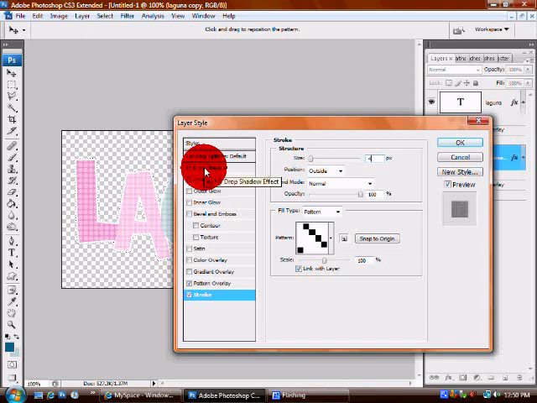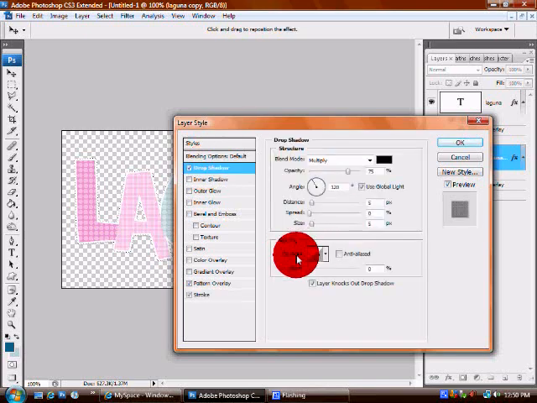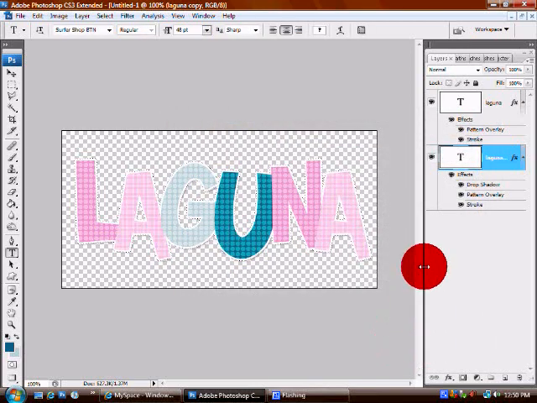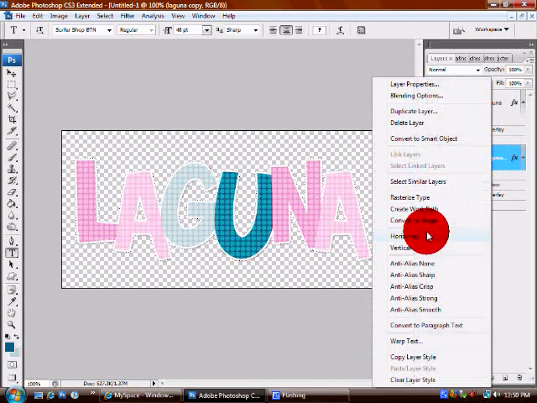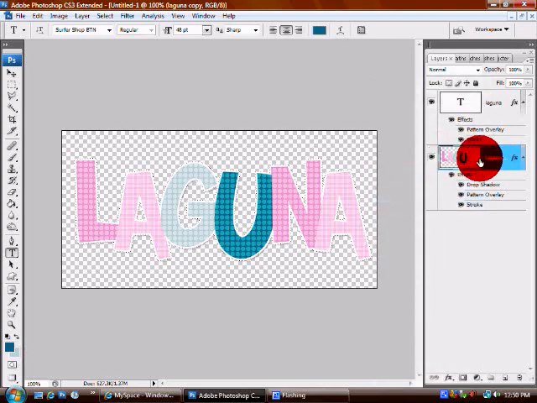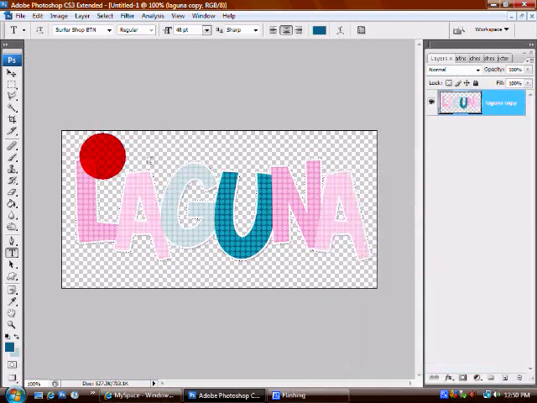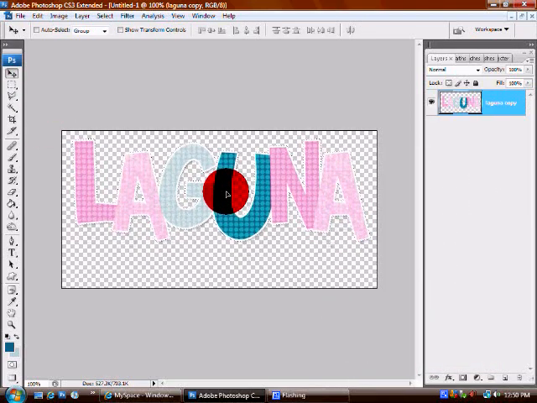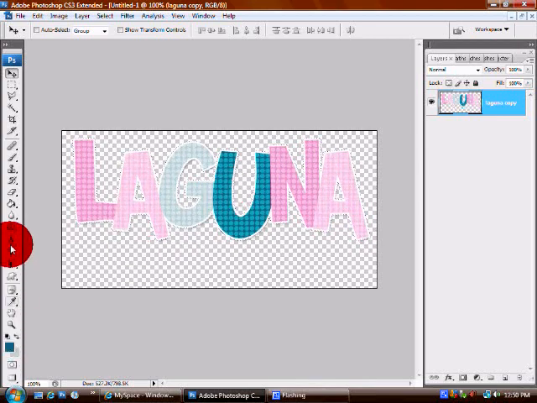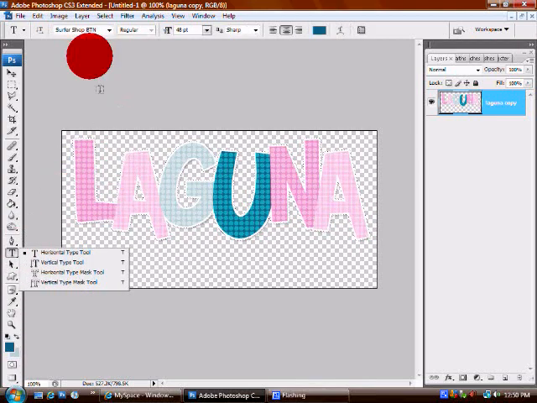And then for the last thing, I'm going to add a drop shadow. I'm just going to click drop shadow, and everything should stay the same. I'm going to click OK. And then I'm going to right click on either one of my layers, and I'm going to click rasterize type, and then I'm going to right click again, and I'm going to click merge visible. I'm just going to move this up a little bit, and then I'm going to take my text tool again